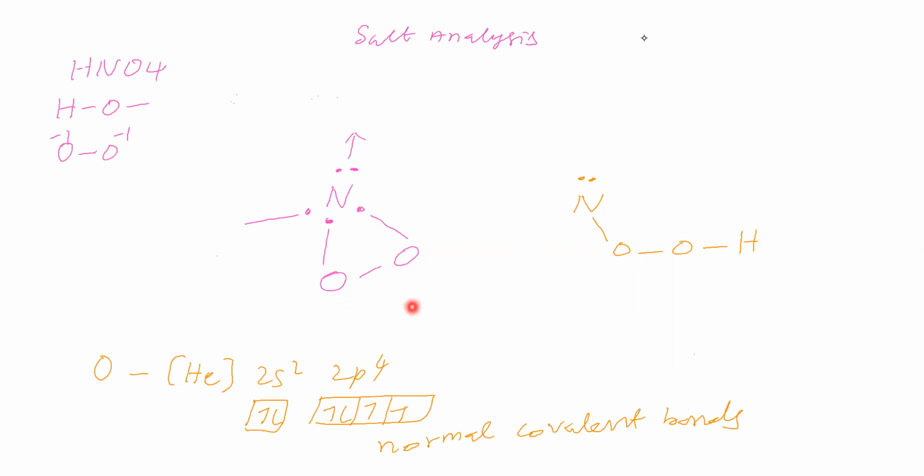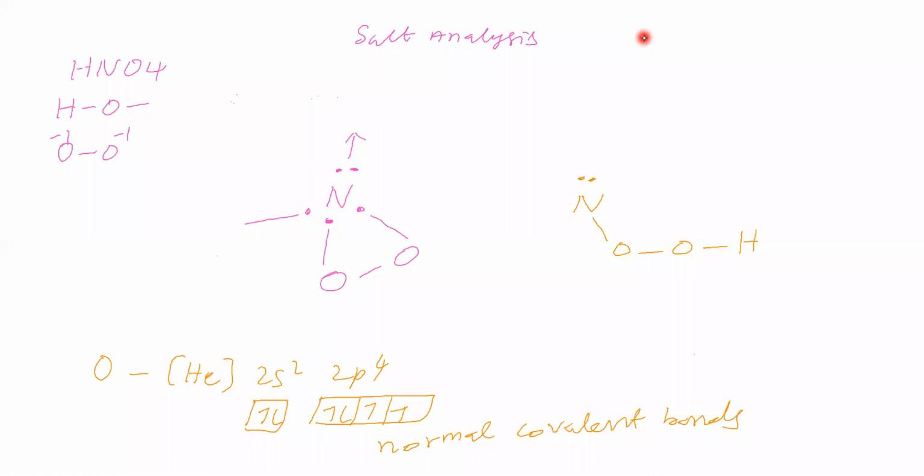That we will see. Here it is a ring, a three-membered ring. This one is open. Therefore, open will have less strain when compared to ring, while the ring is having higher strain. So strain is high, strain is low. Therefore, it is having higher stability when compared to this.